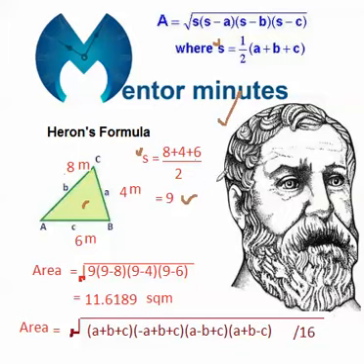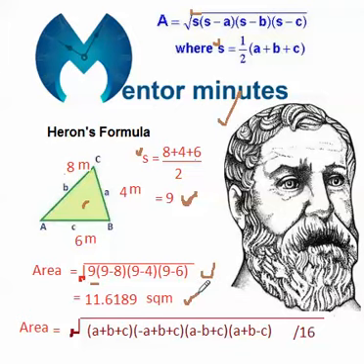Now we have to calculate the area of a triangle using this semi-perimeter value. So this semi-perimeter value is S in this formula, which has been given by Heron: the square root of S into S minus A into S minus B into S minus C. Same thing I have done here. The S was 9 for this example. Here 9 into 9 minus 8, 9 minus 4 and 9 minus 6, and the root of this